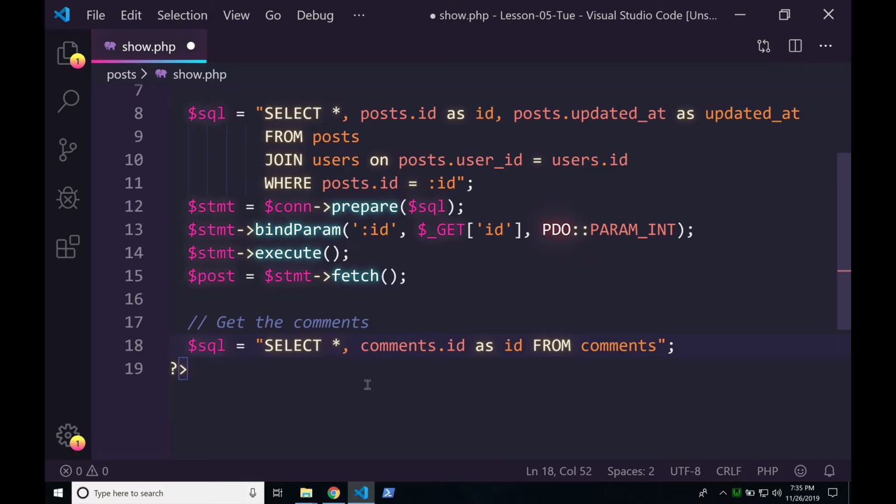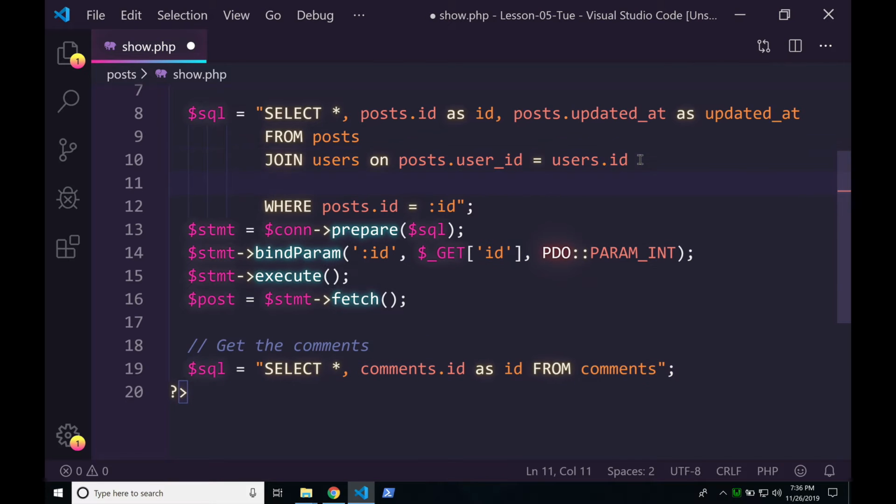I quit. All right. So we could join comments to the post. We could actually write, and you know what? It's better just to show you instead of trying to write it on the board. Don't write this. Just watch what happens. So I've got my users, and I want to get all my comments and join them in with it. So I'm going to left join. And I have to left join because if I just singular join, I will only get one comment. But you got to remember, our post has multiple comments, right? So I have to left join